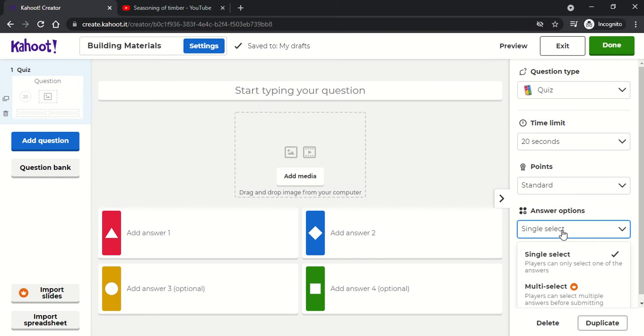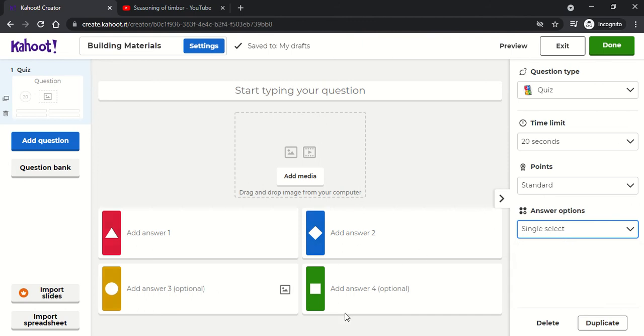And answer options, here we have single select and multi select. But remember one thing, as we are using a free version of Kahoot, we have only one option called single select, means the student can pick out only one answer among the four. So not more than one option can be selected. Okay, so right now let's see how to add the questions and how to work on giving the questions. I'll be showing some 3 to 4 different ways of giving questions to this Kahoot version.